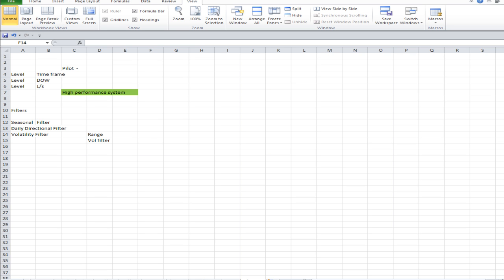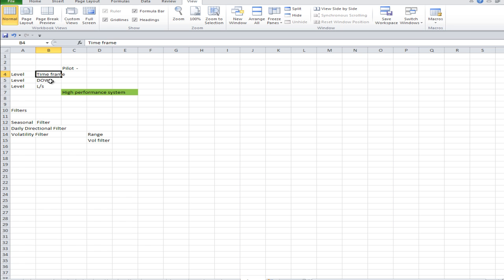This will bring up the Excel spreadsheet. What I did was develop a pilot system, a fairly simple breakout strategy. Once I had my strategy set up, I looked at the time frame, and I decided 9 o'clock to 10 o'clock was the time frame I was going to start with, because I knew that 9 to 10 o'clock is a very good time of the day, with lots of volatility